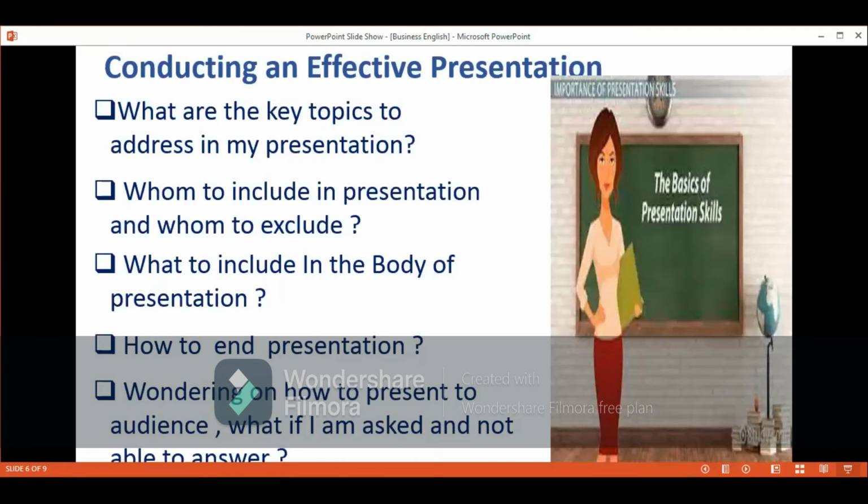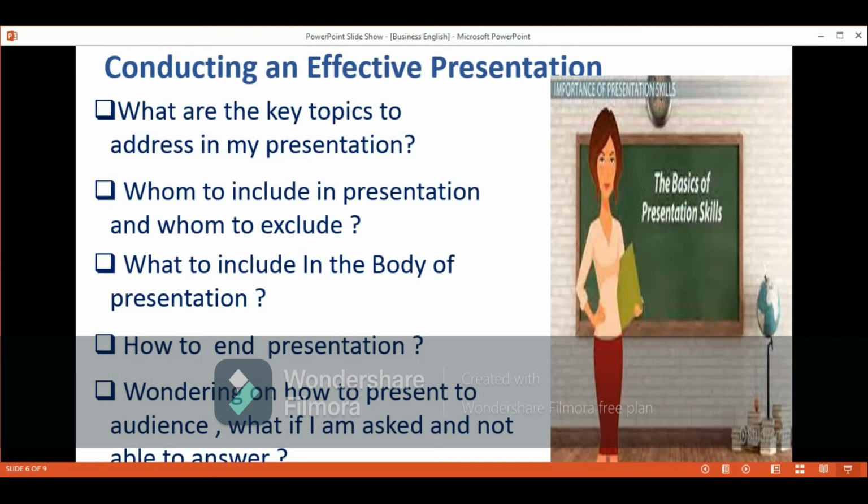Right, let's say that you need to perform an effective presentation. So you have a presentation, right? Your manager asks you that you're going to present to the audience on the success of your project, or you need to present on the market share you're going to perform. If you're from the marketing team, you need to know how I'm going to build up my presentation. What are the topics to include into the presentation? What are the things that I should exclude? What are the data validations that I should include or data that I should not include? So that's known as the secure data, right, to include or not to include.